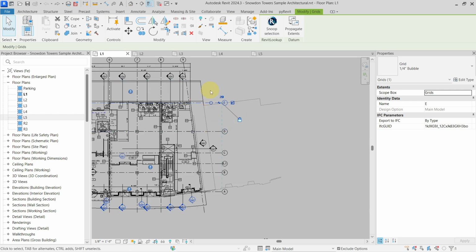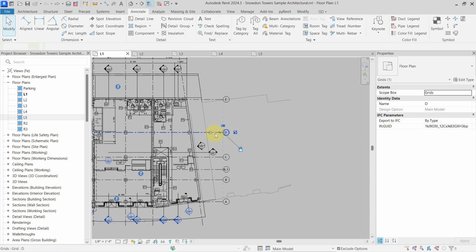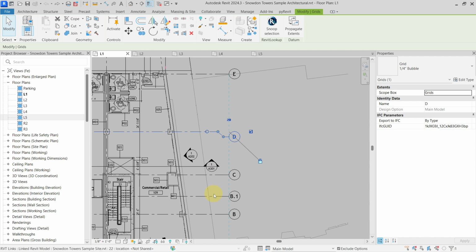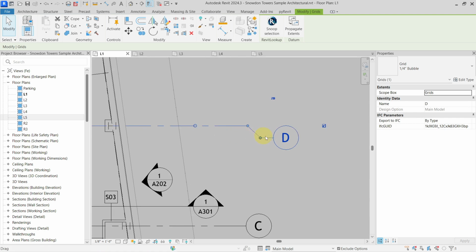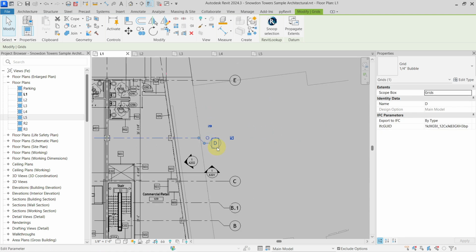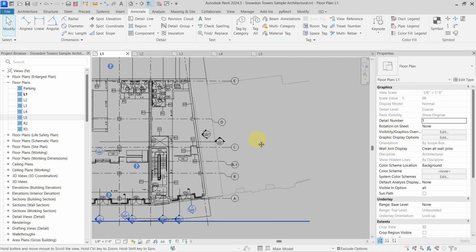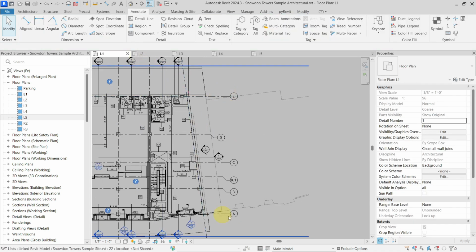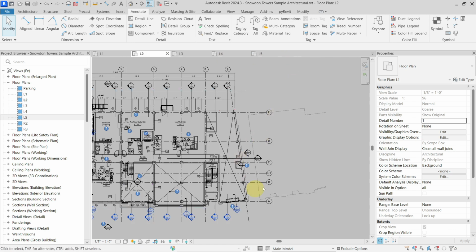But let's say that I need to modify these, so I will go in here and add some elbows to my grids, and I would move this one grid to be different, let's say like this. And now what I need to do is to make the grid's appearance in these views look